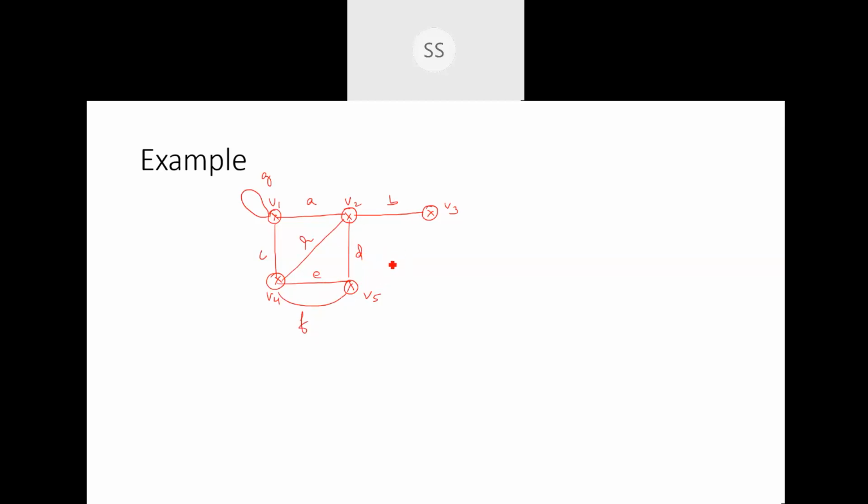Now, if I need to draw the circuit graph for this, how will I draw? It's not the circuit graph. This is my graph G. And I need to draw